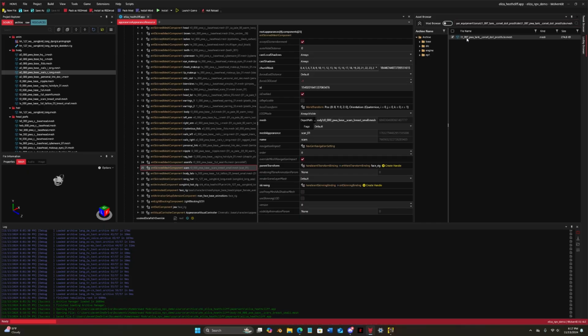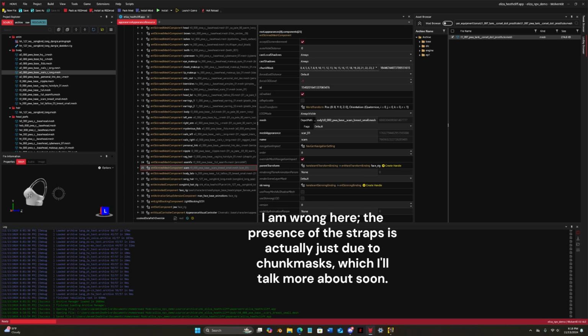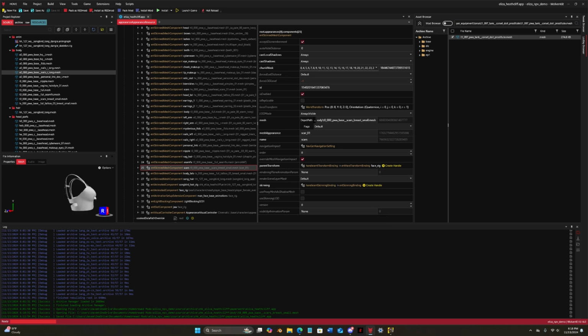As you can see right here, this is the top that we are looking for. It looks a bit different on female V than it does on male V. Female V's has straps and male V's doesn't. But yeah. Another thing to note is that if you have a female character, every single clothing item in the game, regardless of what boob size your character has, is going to be automatically fit for the default chest size,